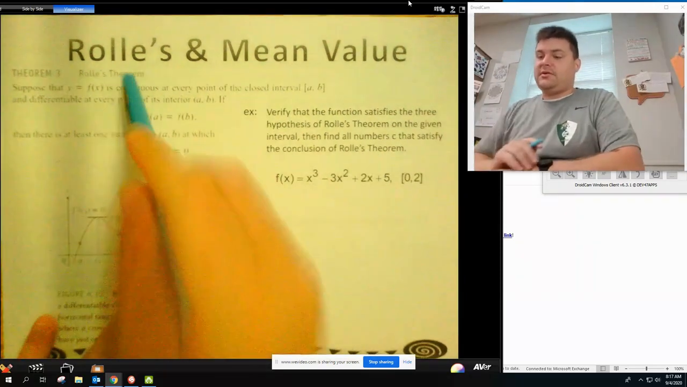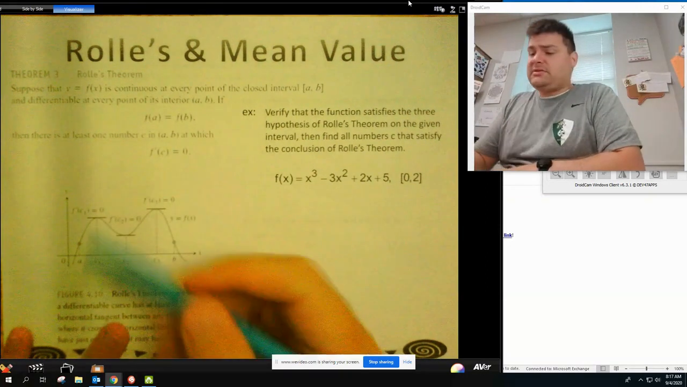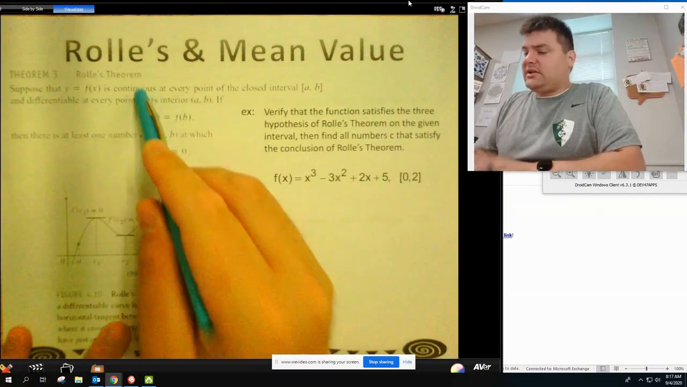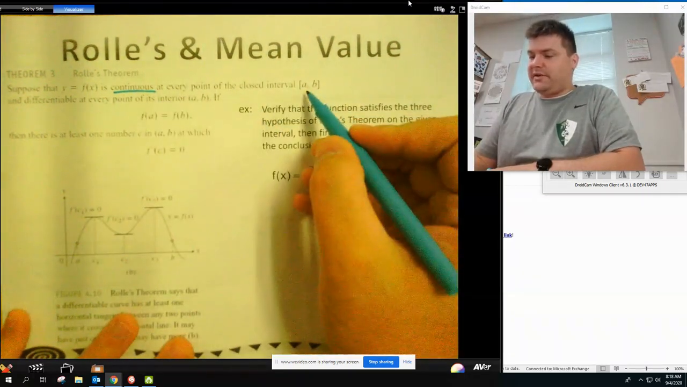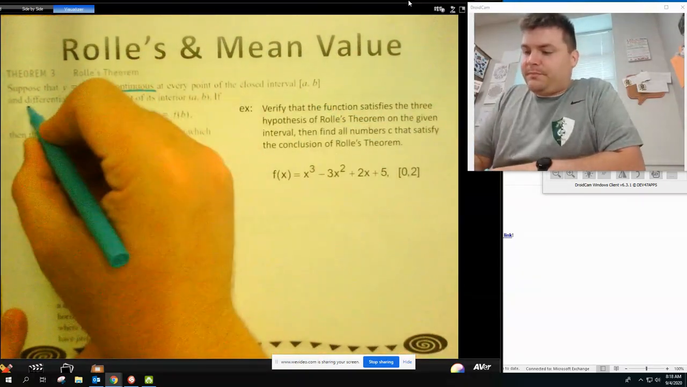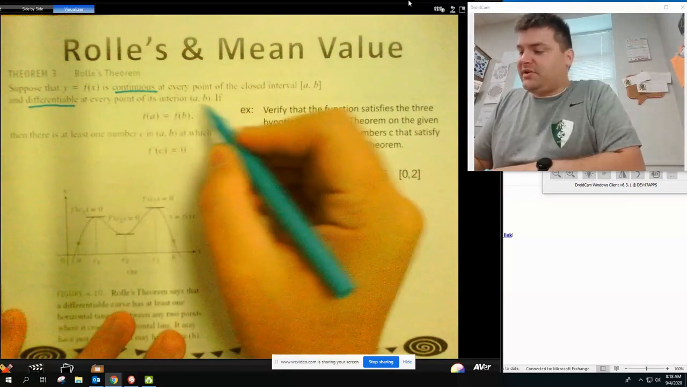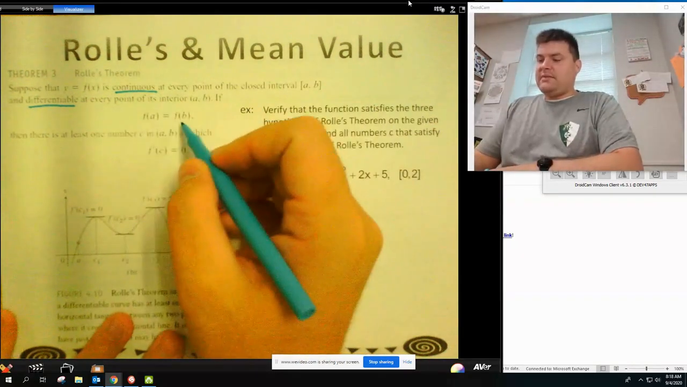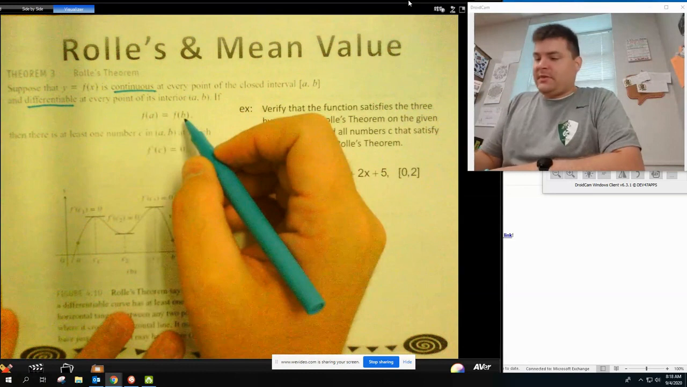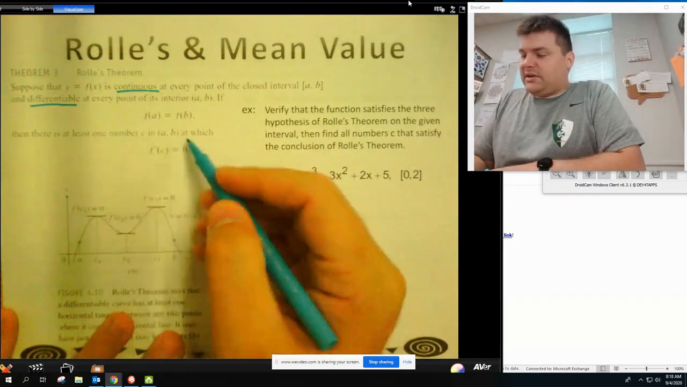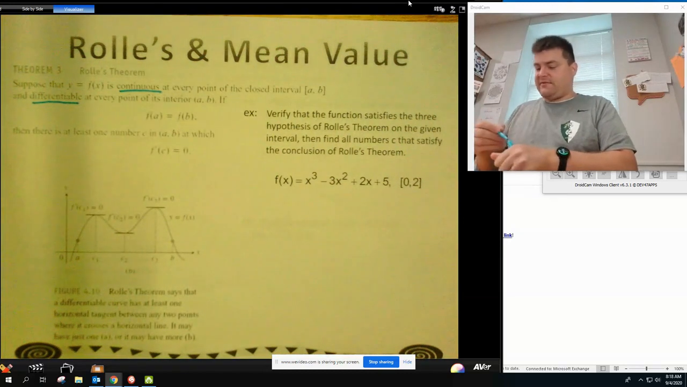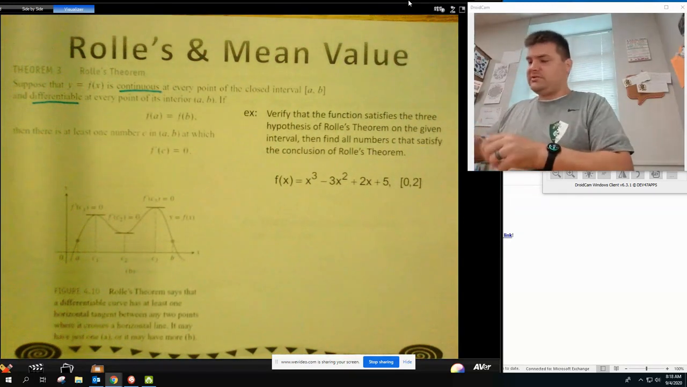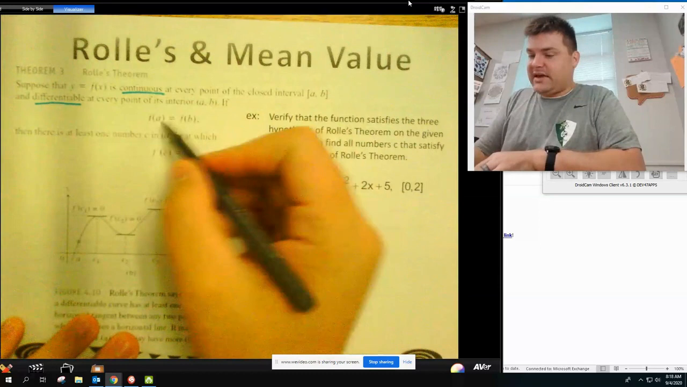So for Rolle's theorem, I'm just going to read through it and I'll explain to you what it means. So we have a function that's continuous, super important, at every point on the closed interval a to b, and it's differentiable at every point on its interior. If the two endpoints are equal, that's what that means, then there's at least one number c at which the derivative is 0. So it's trying to say that if you have some type of function, I'll just draw some function on which this happens,